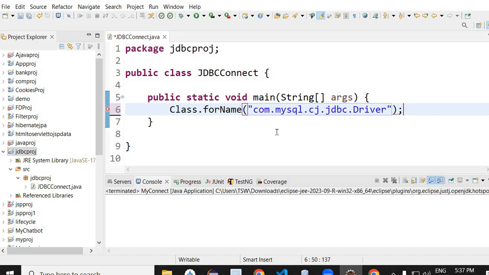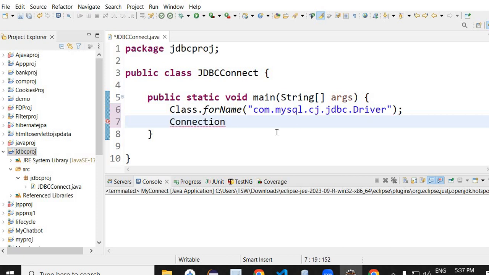Close it and then terminate it. Once you have done, now create a connection for this. So how will you create a connection? You will have to use the Connection class of the SQL package, the MySQL package. So you can write here